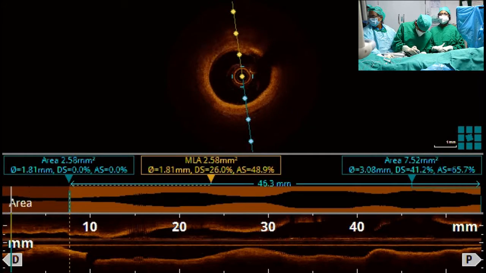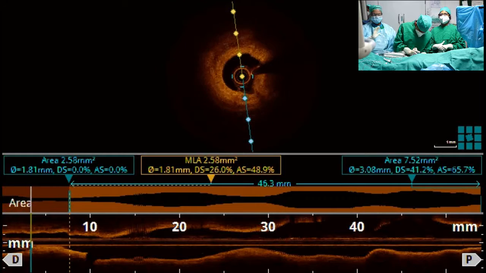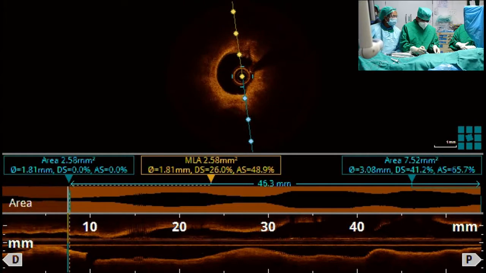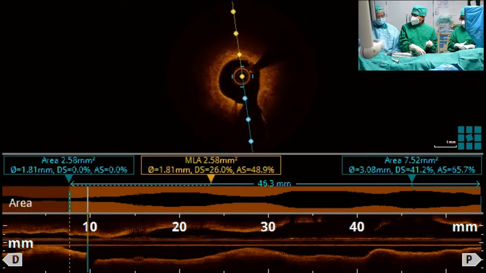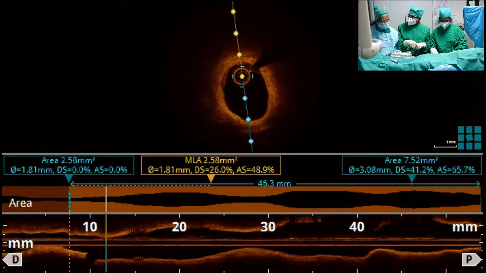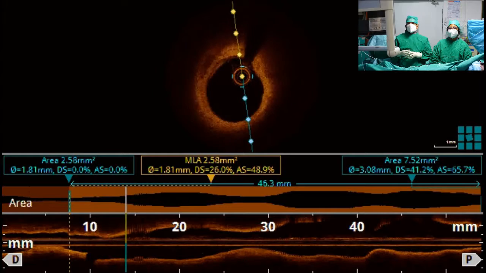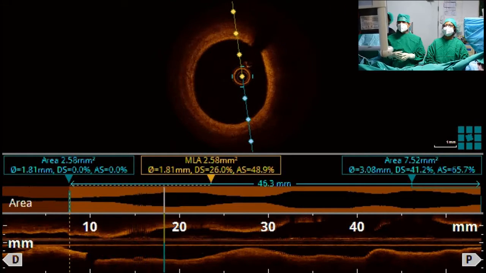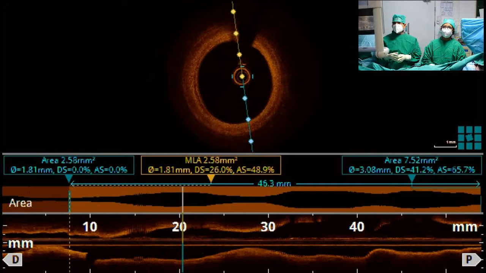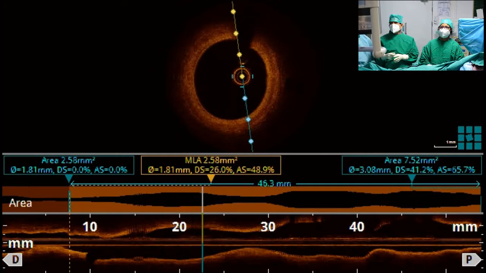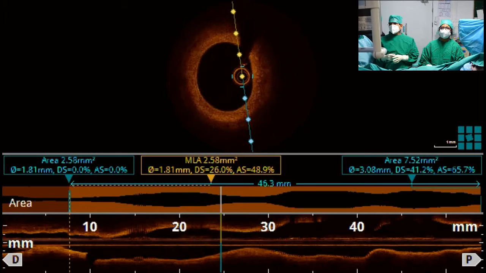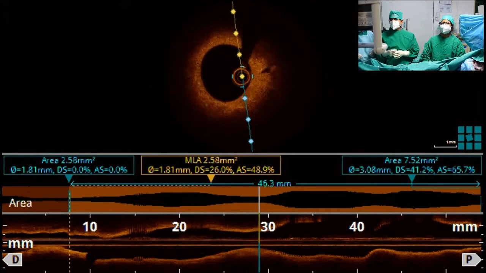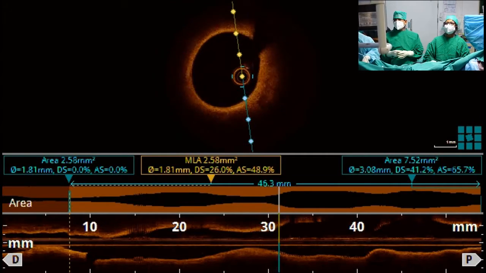So we are getting the OCT pictures. You can see the catheter moving behind. You can see that the distance is very important. And as I was explaining, a complication of VF occurred during the procedure. Though we pre-dilated, possibly the stasis of contrast in the artery created a VF, and we successfully converted it.